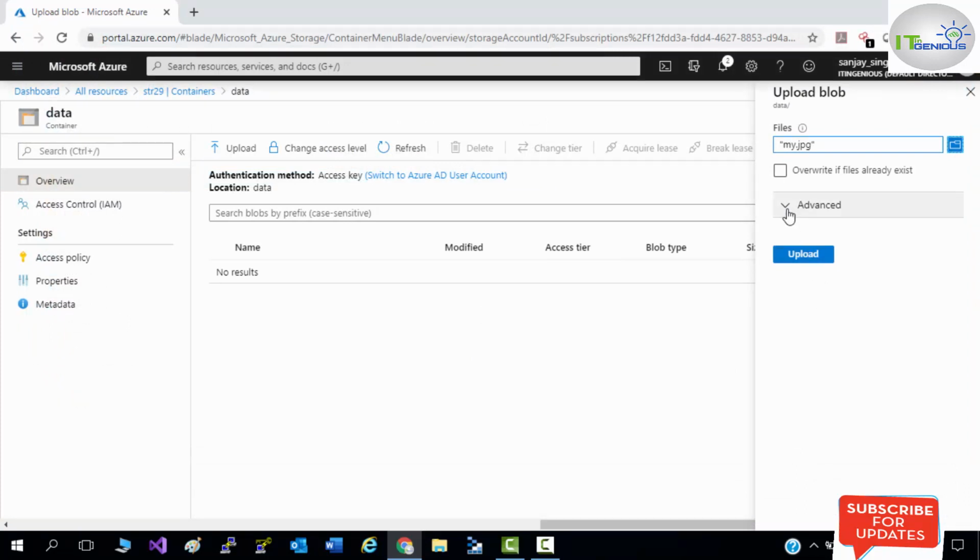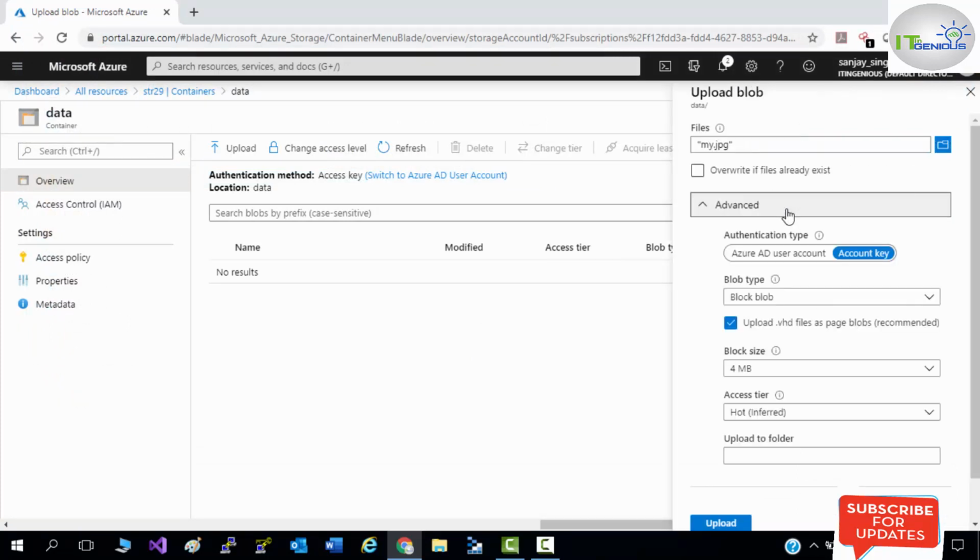If you see, there are some advanced options. You can authenticate your account through account keys, that means through access keys, or through Azure AD. Right now we are going to authenticate through access keys.